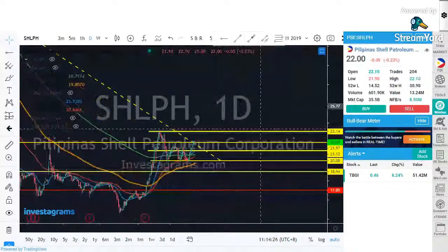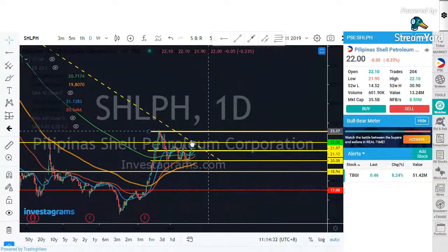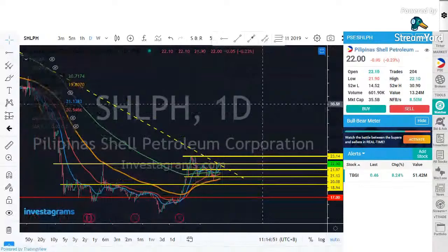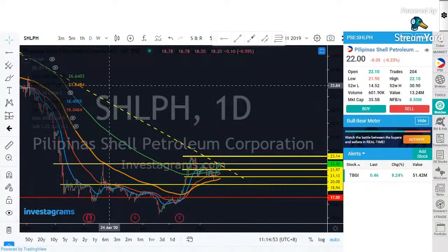So for me, wait if there is a breakout of this horizontal resistance and inclined resistance, then we need to wait for a pullback, and for it to create a bullish pattern in this area. But for now, don't be aggressive because it is at the major resistance line. So we need to wait for a breakout. This is very important, to check the resistance line, because if we check only the current location, but in the old line there is a strong resistance line. This dotted line is a strong resistance line of